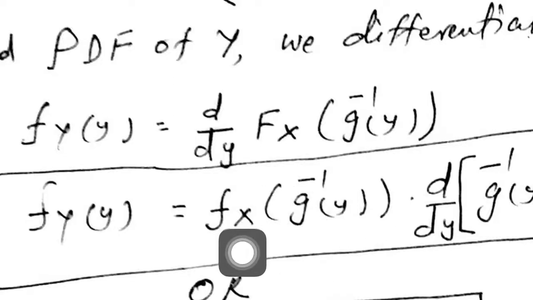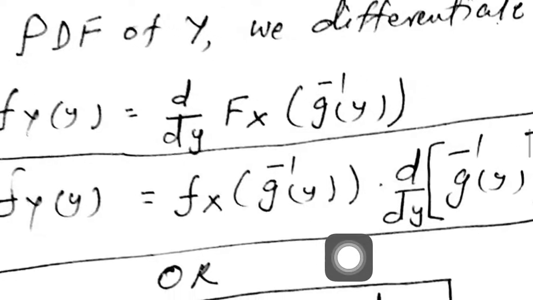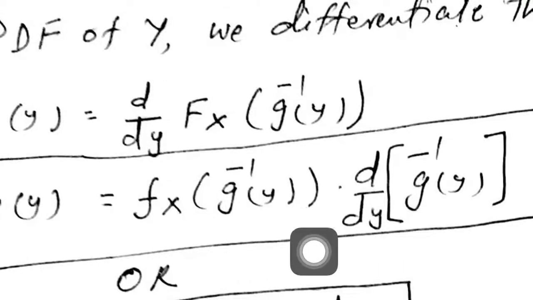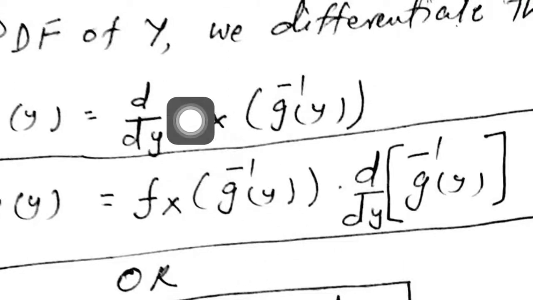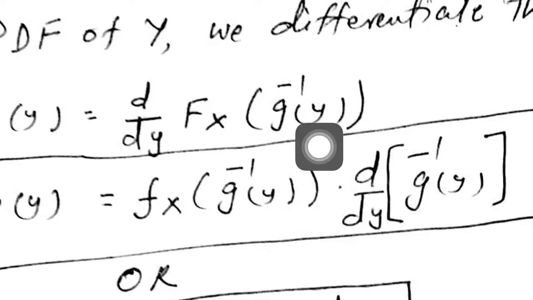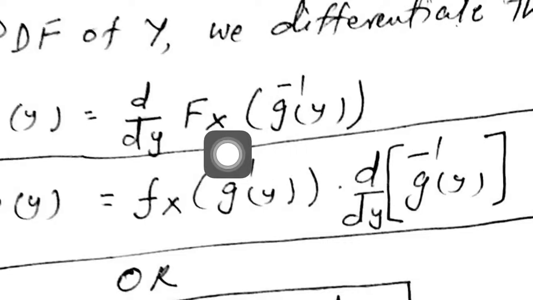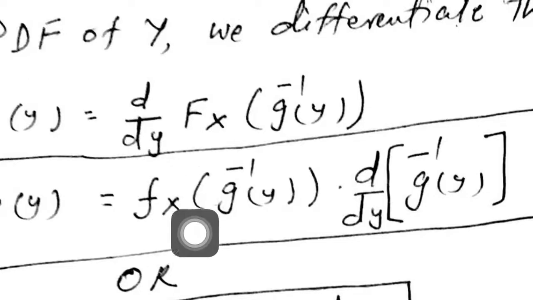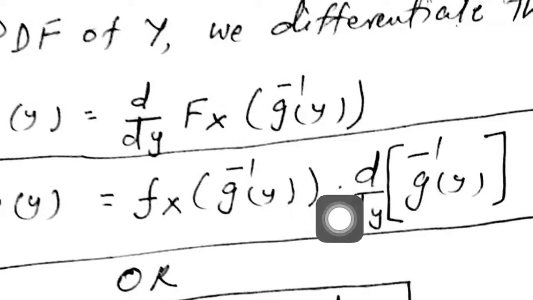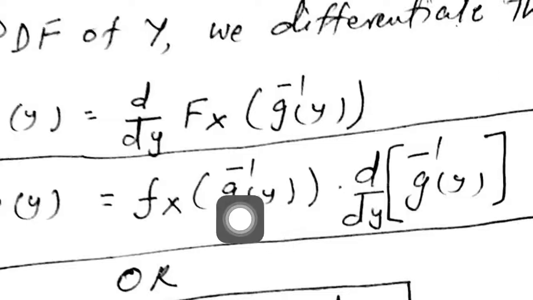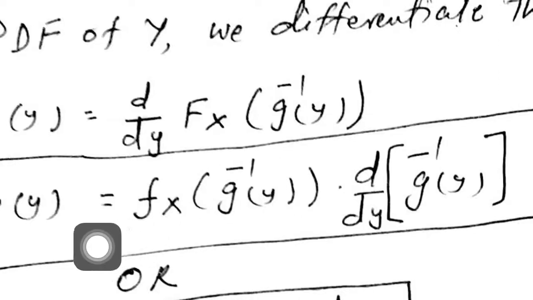This is a very simple thing in calculus. You are trying to differentiate this. So how do you differentiate this? You have to differentiate first this function which is equal to fx of g inverse y, and you multiply this with the differential of this argument. So you will get